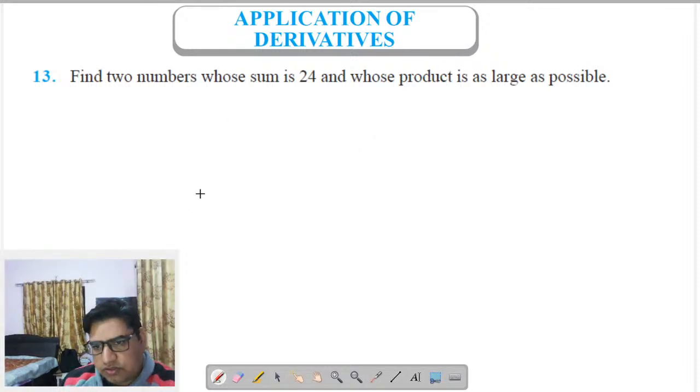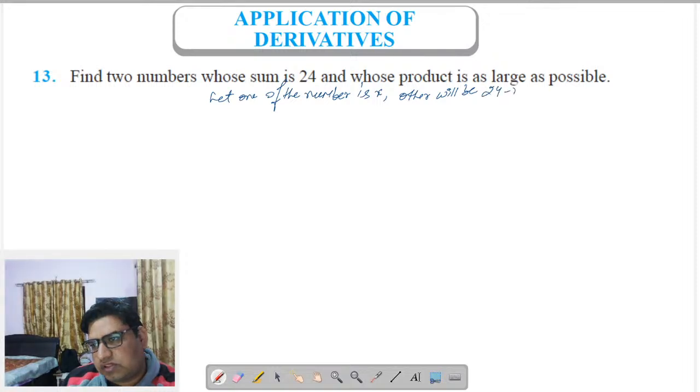Okay, so let one of the numbers be x, and the other will be 24 minus x, whose product is as large as possible. So the product of these numbers